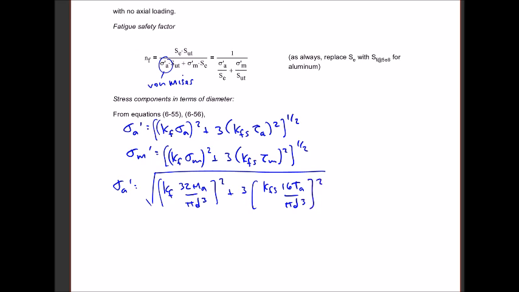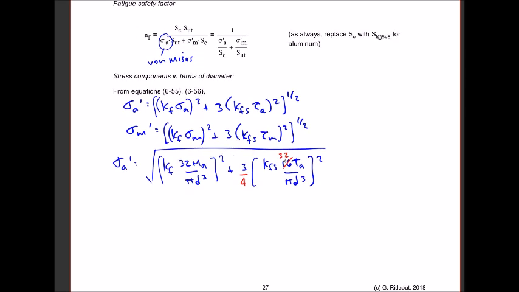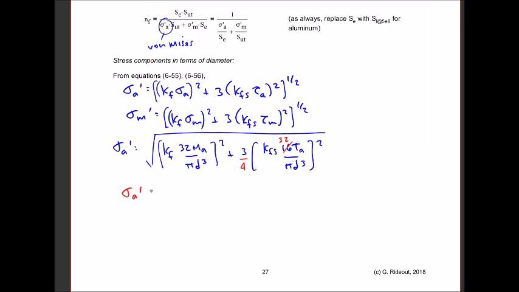That's a fine mess, but if I want to pull out 32 over pi d cubed here, I can make that 32 over 2, make this 3 over 4. If I have 32 over 2 in here, 2 squared is 4, bring that 4 outside, and now I can pull out 32 over pi d cubed from both of these terms, giving me sigma a prime equals